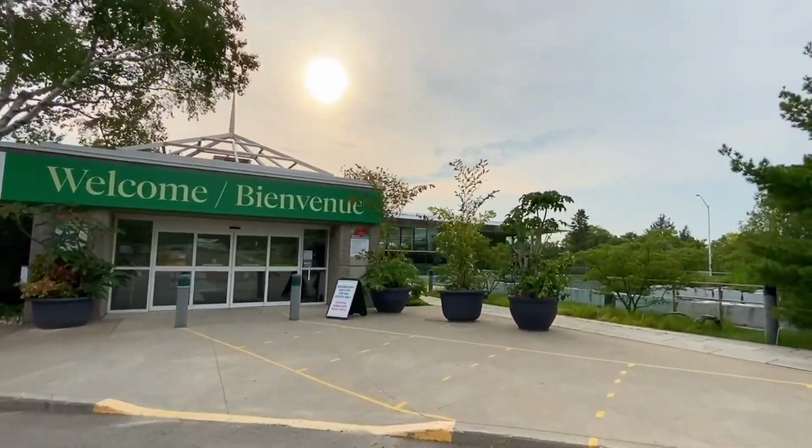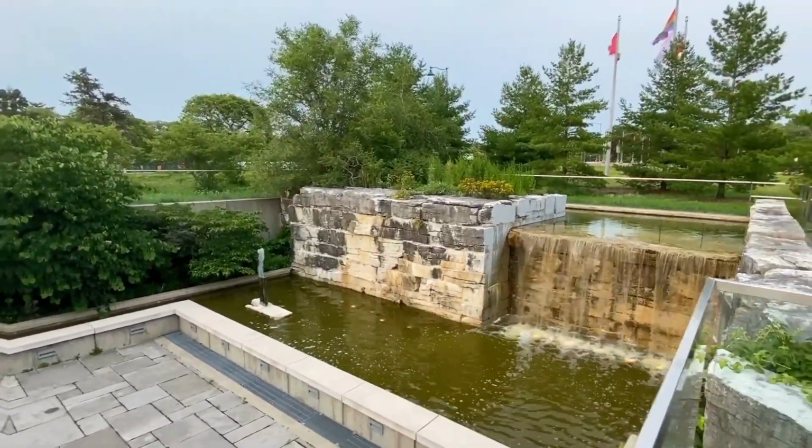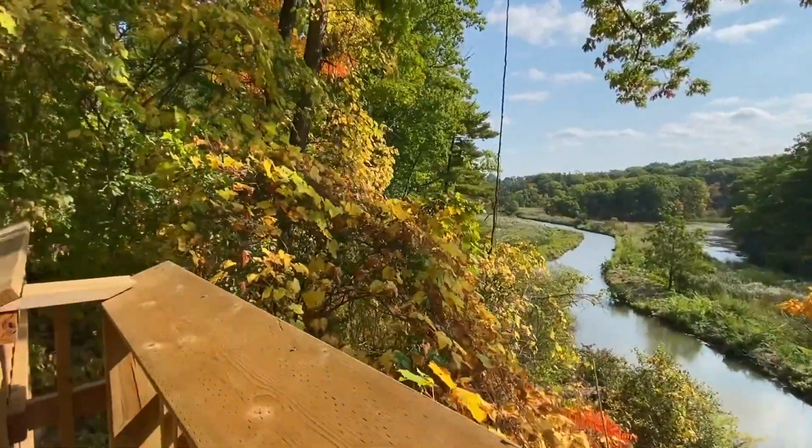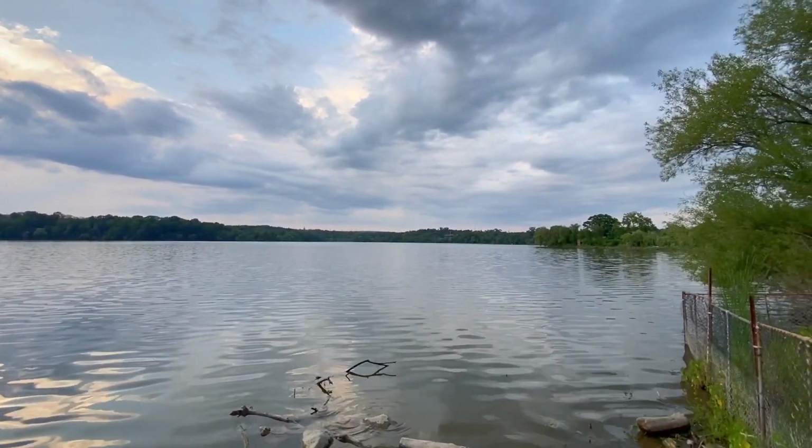This week, we're looking at Hamilton and Burlington's infamous Royal Botanical Gardens. With a broad overview of the 5 unique gardens, more than 27 kilometers of nature trails, and their wonderful conservation initiatives. Ready? Let's go. Known for connecting people with the plant world since the 1930s, the RBG was created out